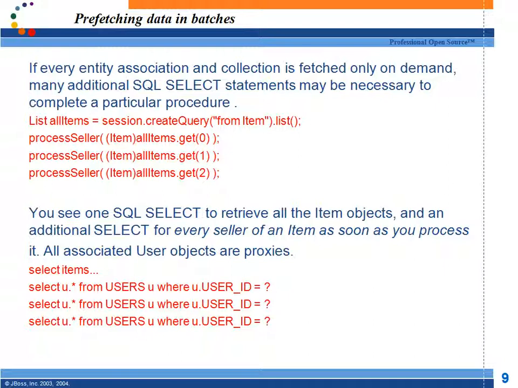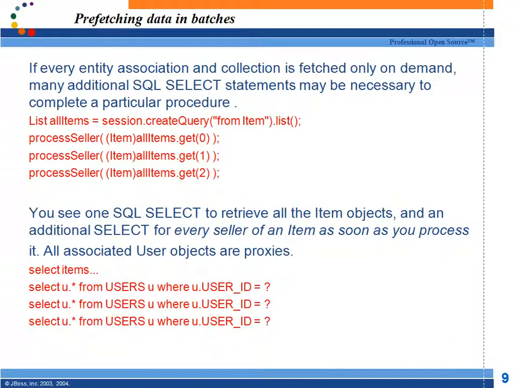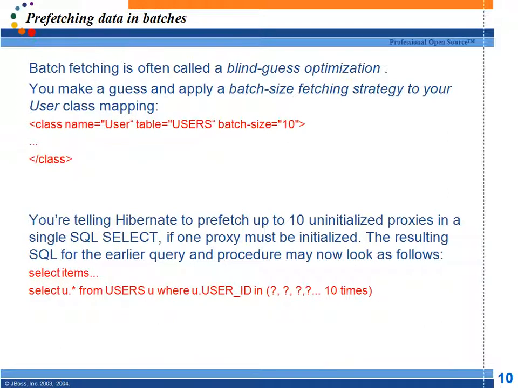Now let us see. I'll tell you a fetching strategy. What you can do is, on the user table, you can set a batch size, say batch size equals 10, right? Now, whenever you try to get the first user, it will get 10 users automatically. Here in this query, it might have got 10 items, right? So in the second query itself, it will get all the users for all the items. So by specifying a batch size, you can reduce the number of queries.